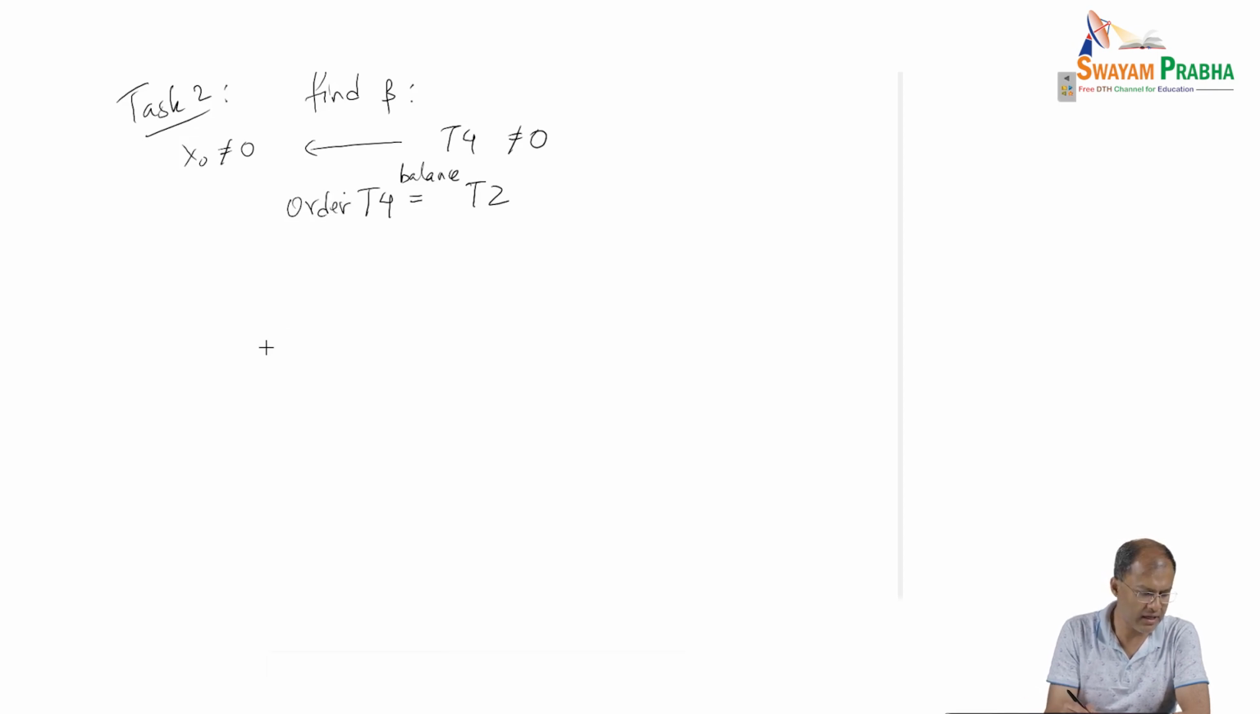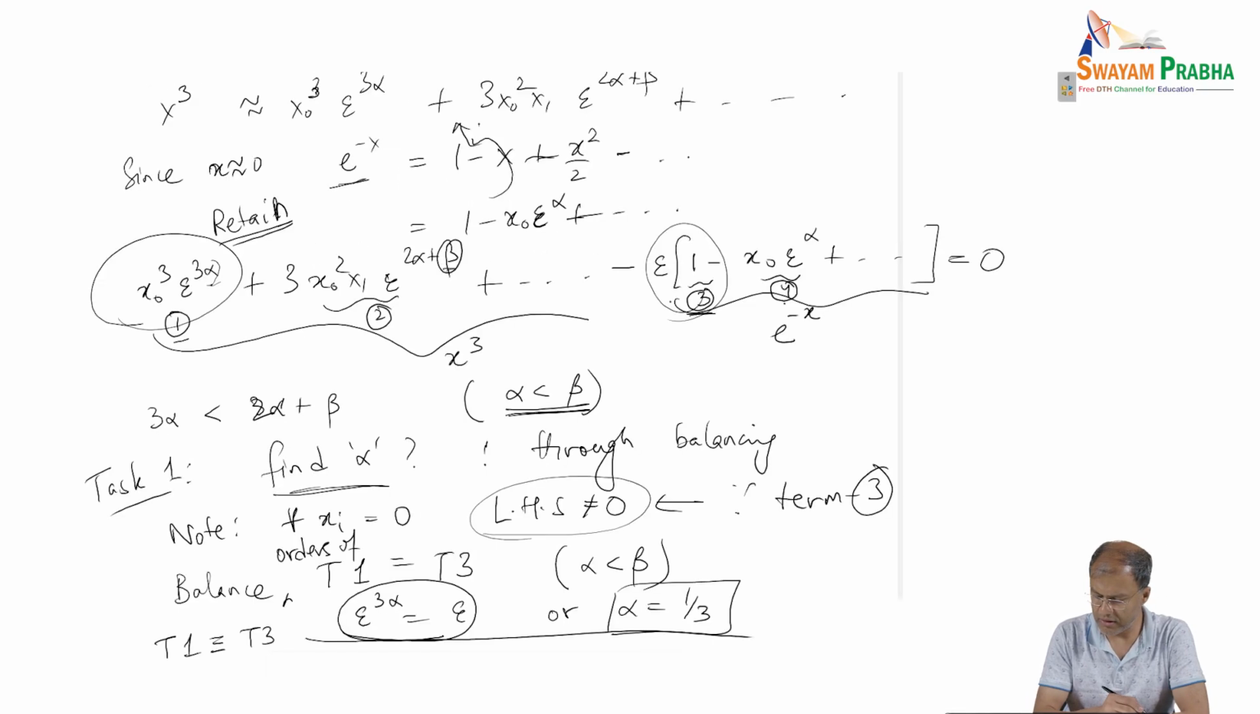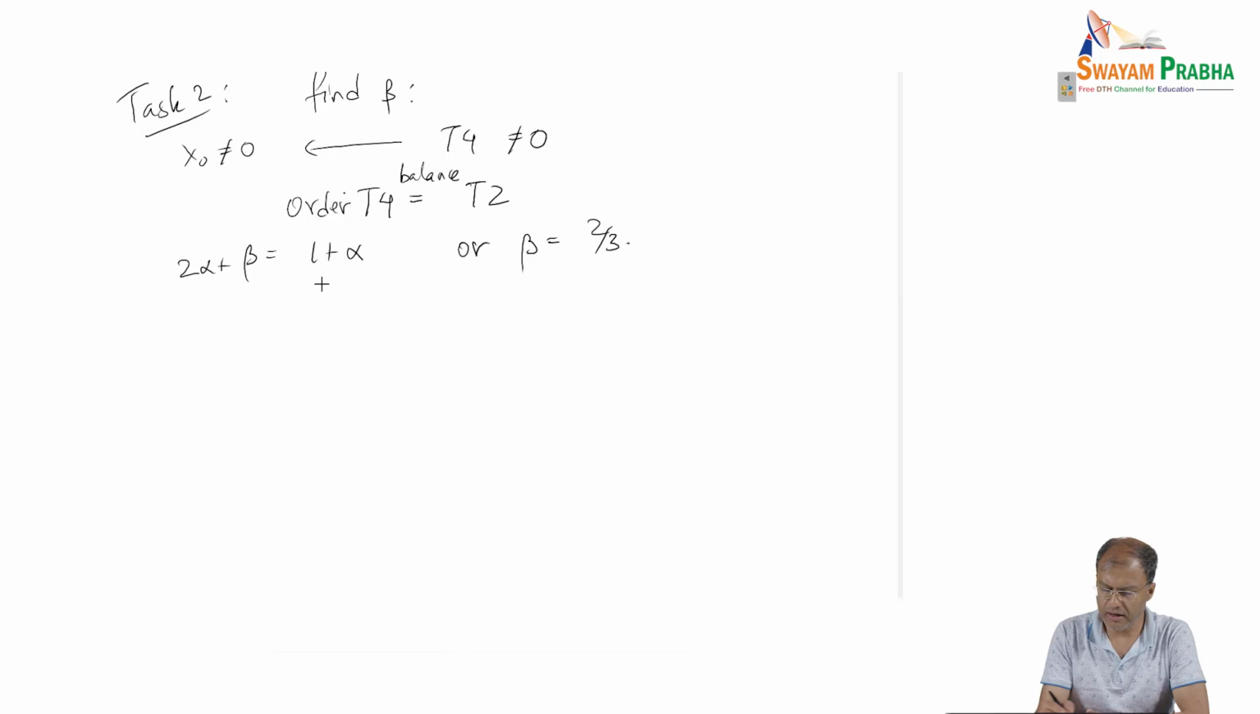And we see that if we do that, we are going to get 2 alpha plus beta is equal to 1 plus alpha, or beta is equal to 2/3. Beta is equal to 2/3, right? From here we have plugged in, of course, alpha equal to 1/3, and that is going to bring us our solution. So beta is 2/3, and now if we are to solve,